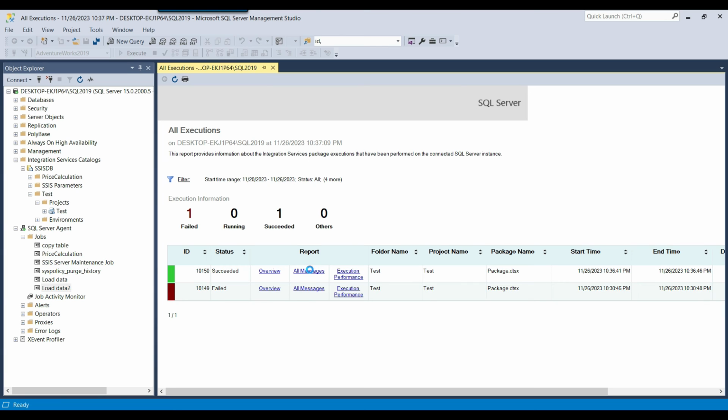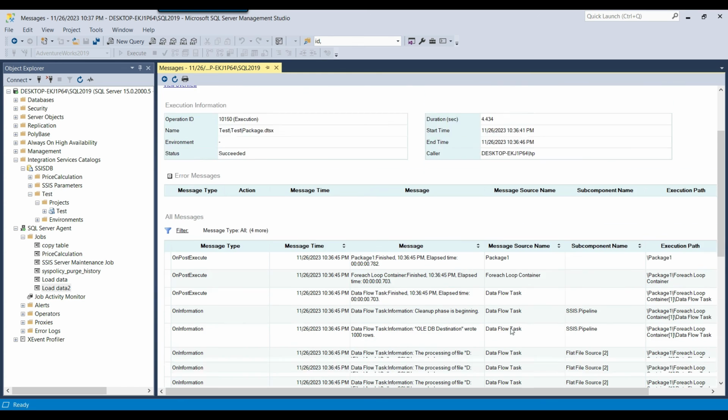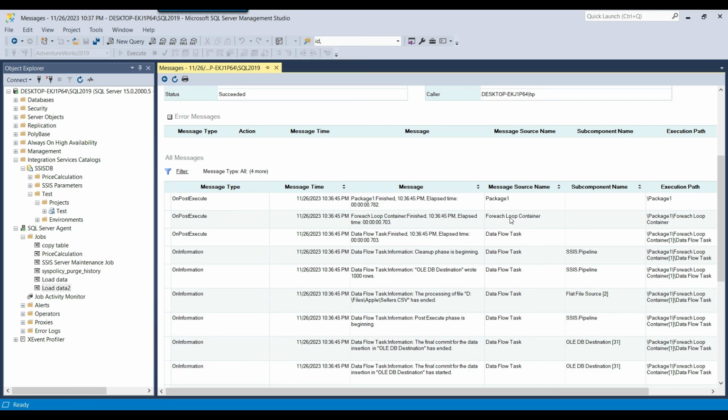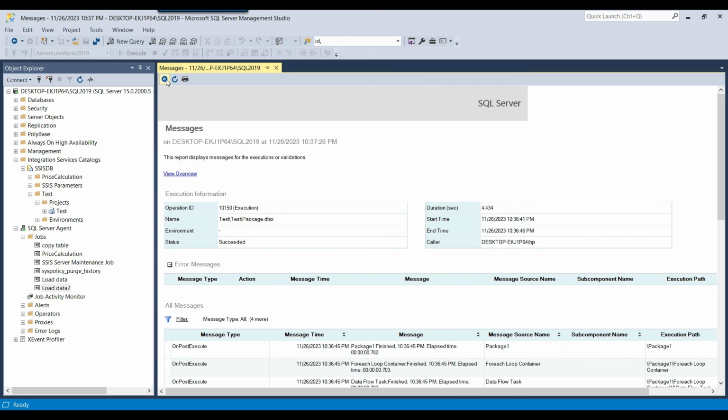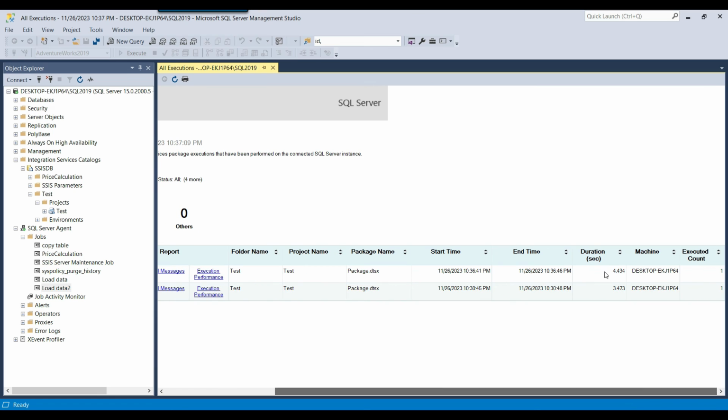If you go to all messages, you can see the details about what different tasks got executed: the package, then the for each loop container, then the data flow task. You can see all details here. If you go back, you can also see the start time, end time, and duration: it took 4 seconds.